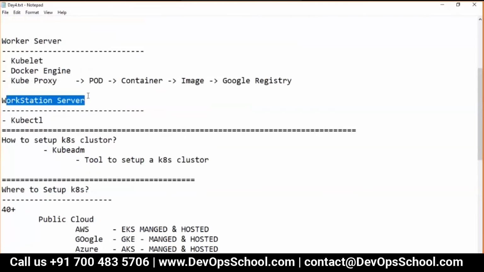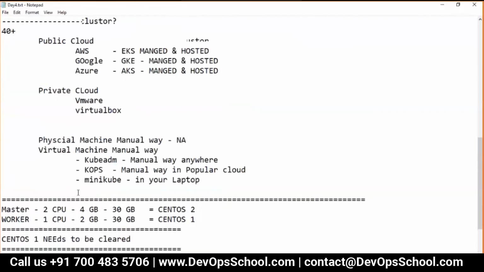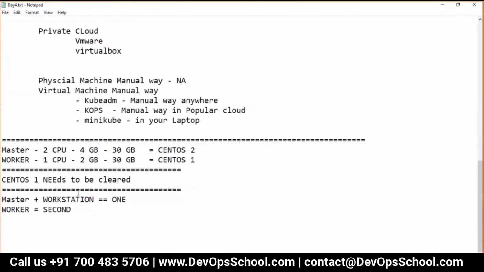I'll teach you how that is possible, and the worker will be in another machine. That means in the workstation, that means your laptop, kubectl has to be there and configured. How it is there and how it's configured, I will teach you anyway.